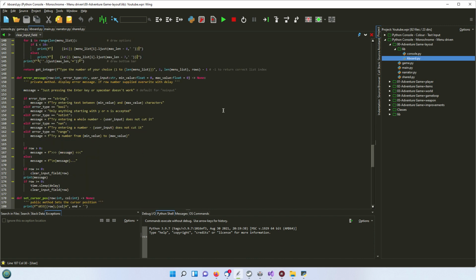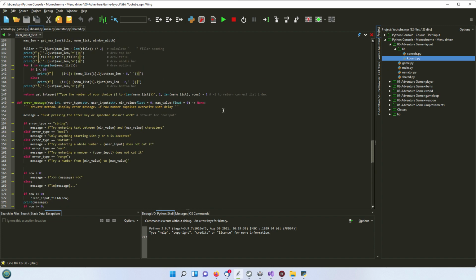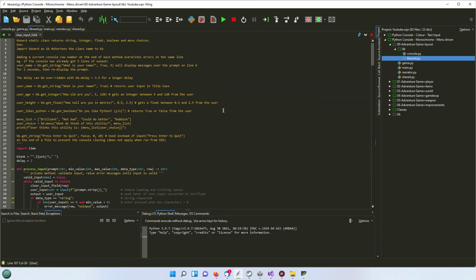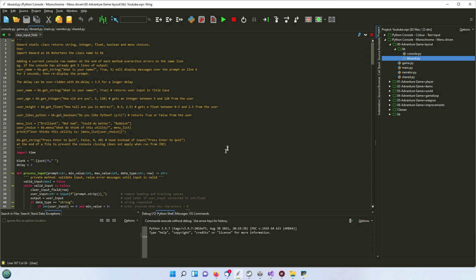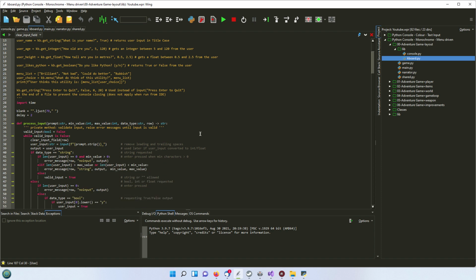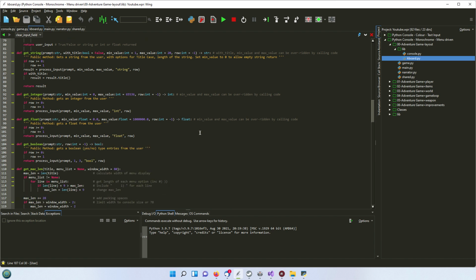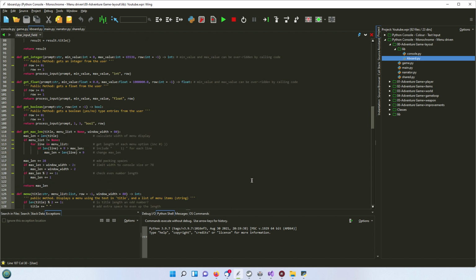It's quite a lot of lines, nearly 200, but it does get guaranteed results. There's some explanations of how it works here. If you want to type this in yourself, you're very welcome to do so, but it's probably easier just to use it and test out how it works. So that's the first stage of our adventure game in Python that doesn't actually